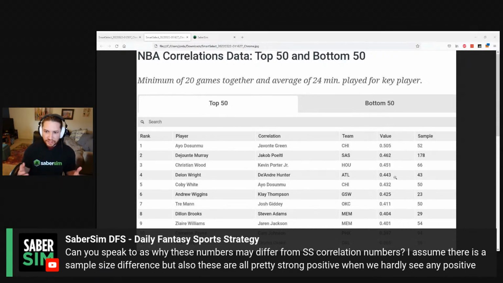On that note, another situation is that because this is a correlation on average across different games, a lot of the noise that gets introduced here comes from the fact that this doesn't really say anything about the context of the individual game that it's in, right? A situation where Dosunmu and Javonte Green are both likely to play together and get a lot of minutes and both have success are probably going to be games where maybe there are other injuries on the Bulls or situations like that, right? You are going to have this sampling bias